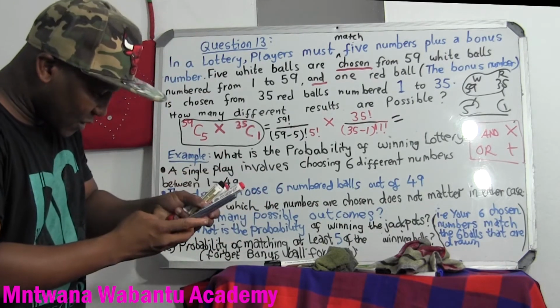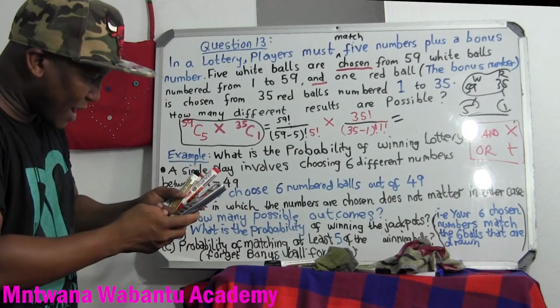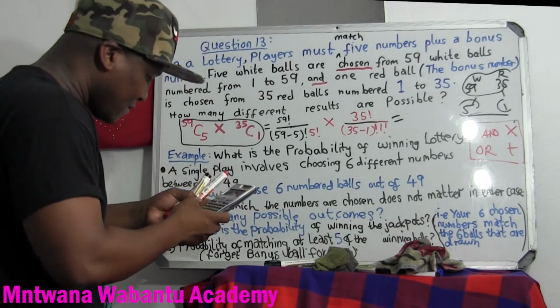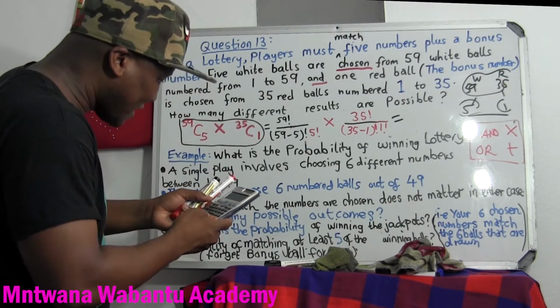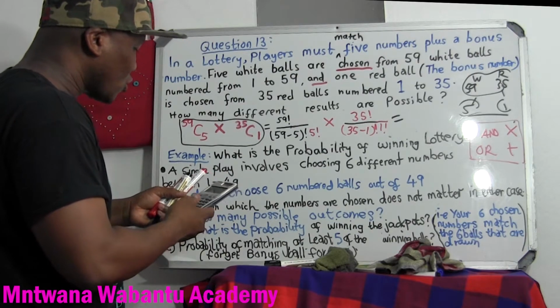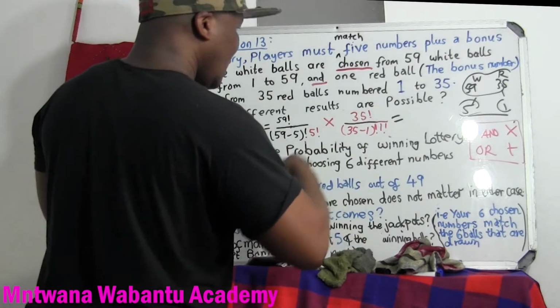And then shift T combination 5, and they go next, and then you multiply here. Oh, excuse me, sorry. Multiply by 35, shift T combination 1, and this is going to give me 175, 2, 2, 3, 5, 10. Okay, so this is going to give me